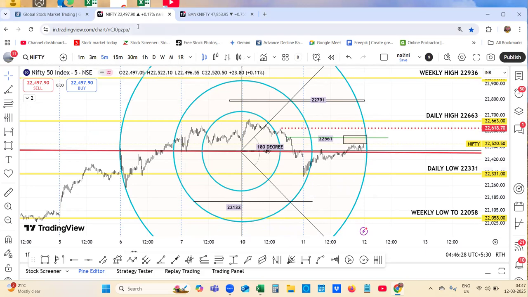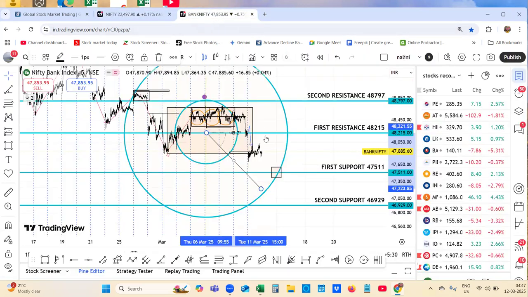Okay, friends, let us go to the Bank Nifty. Bank Nifty also, the same thing. The first resistance is 48,215. It has broken below this low. Actually, it is consolidating probably around this level, 47,526. The market may change its cycle, and the market may try to move higher, because